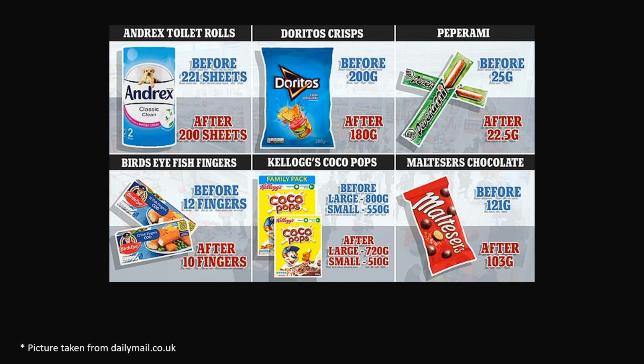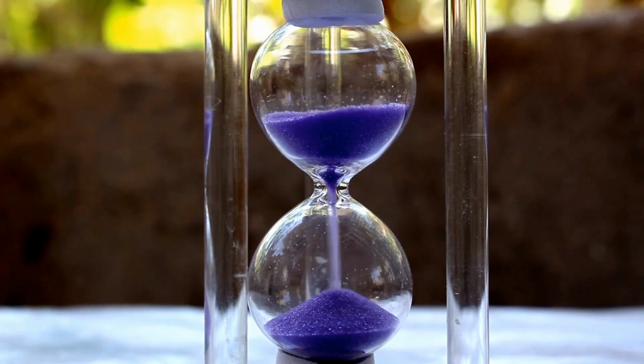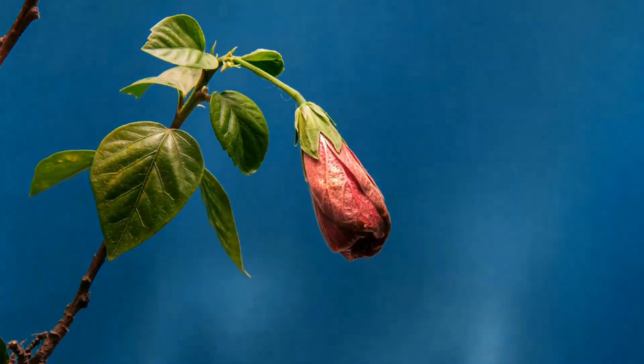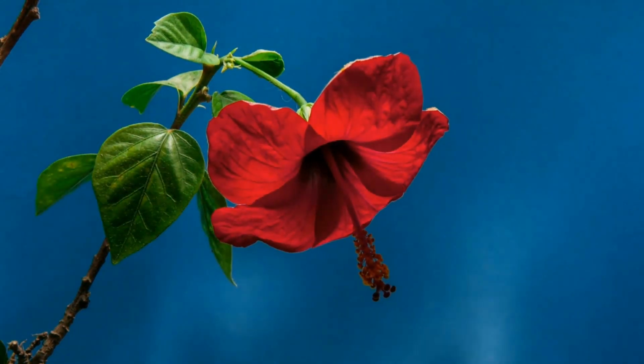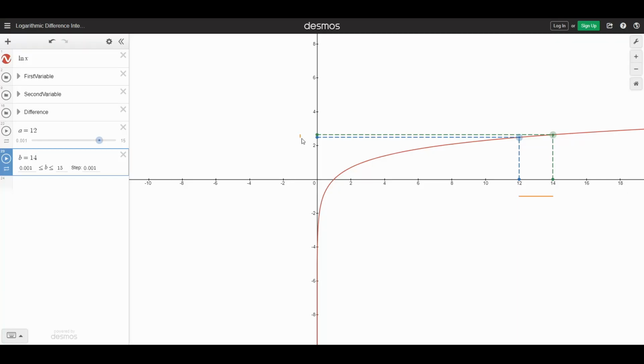Market analysts use Weber's law all the time. They know how much to reduce the content of a thing like a food item without increasing its price so that you will not be able to detect it. It has a term actually called shrinkflation. This is the same reason why life seems to speed up as we grow. Even though the year is of the same length, we have experienced so many years as we grow up that everything just seems to pass by quickly. Just like our two sliders sitting negligibly on the logarithmic curve.